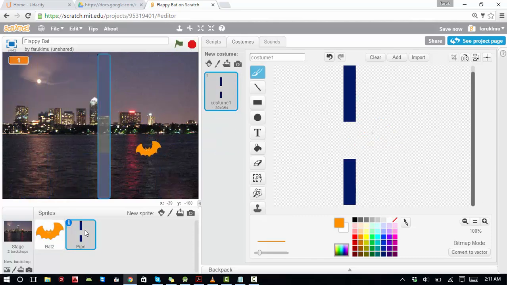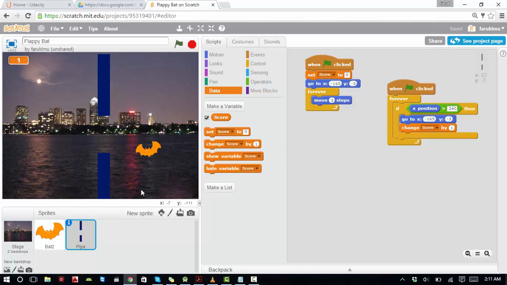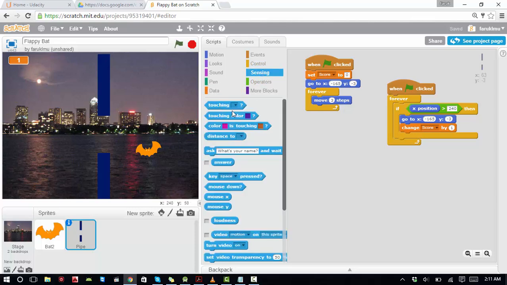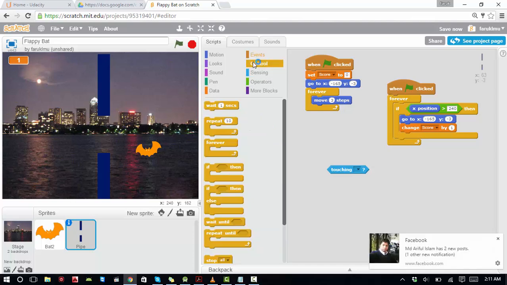One more thing we need to check, if you touch the pipe, you're out, correct? The game is over. So we don't want to touch the pipe when the game is working, right? So I need to choose that. So sensing, if touching. Remember now we are on pipe, so we want to touch the bat. You can do it the other way, so you can go to the bat and say touching the pipe. So this is up to you. So when the game